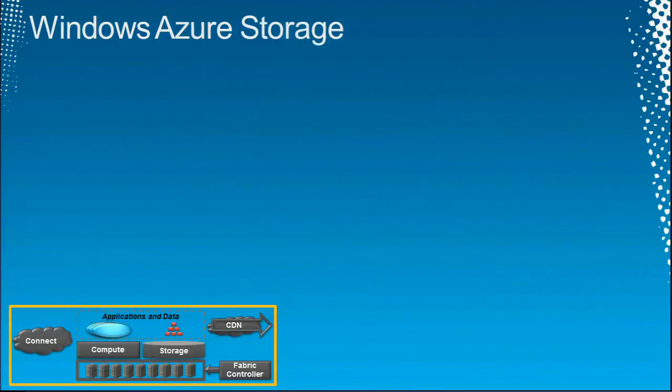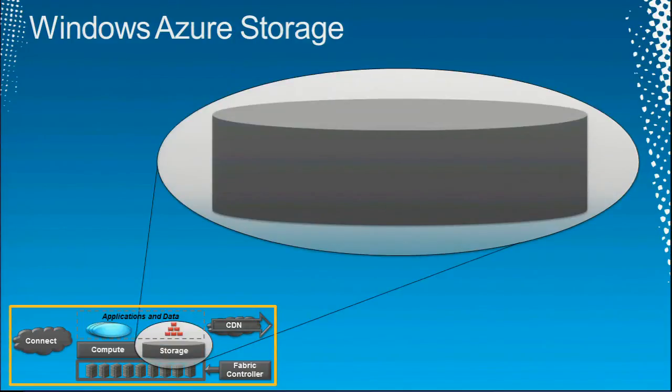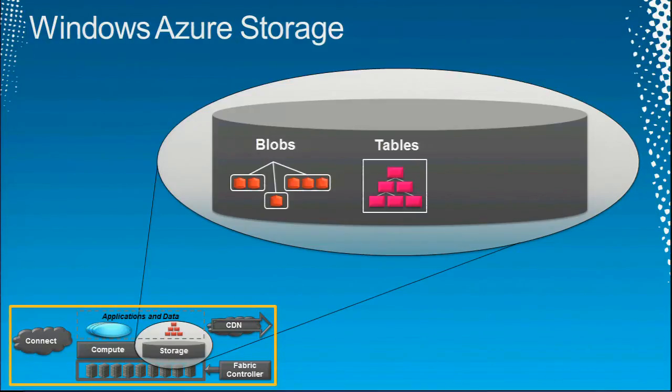Great. Next, Windows Azure Storage. 3 options here. Number 1, blobs. Blob, as you might know, is an acronym for binary large object. Blobs are what they sound like. They're big chunks of bytes in which I can store videos or audio or pictures or anything I want. Very simple, unstructured binary storage. Number 2, tables.